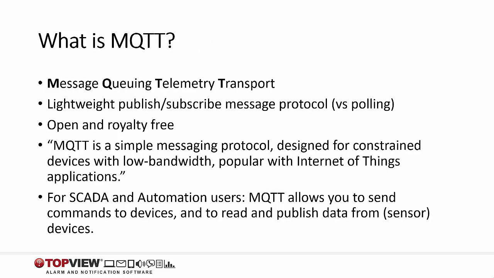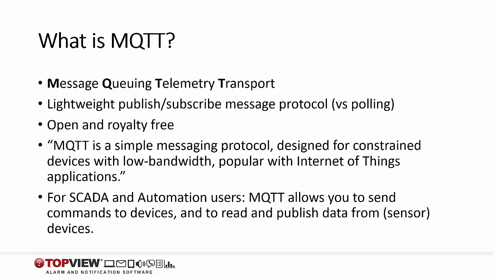Although MQTT has been around since the late 1990s, it's gained recent popularity with Internet of Things applications. MQTT is a publish-subscribe protocol that works extremely well for collecting data from remote sensors that may have intermittent network connections, require a low bandwidth communication protocol, and may run on a wide range of lower-end devices. For SCADA and automation users, MQTT is commonly used to collect data from remote sensors. In addition, it can be used to send commands to remote devices and also to publish automation data to other